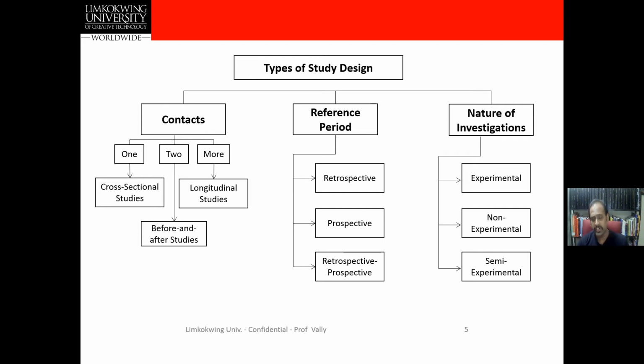Once you come to data collection, then you will understand, okay, this research is going to be retrospective or prospective. So do not confine yourself to saying, I'm going to do experimental. All these things can be applicable, or one or two can be applicable. It depends upon your research. So there is no solid answer.